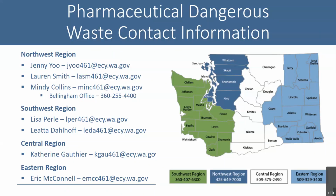The next question is about state-only dangerous waste that doesn't have to go to a TSDF. For the authorization required from the end facility, would a copy of the facility's permit cover it? Yes. So I believe